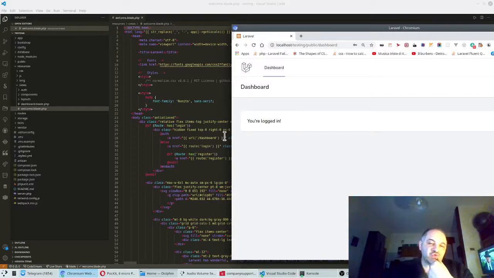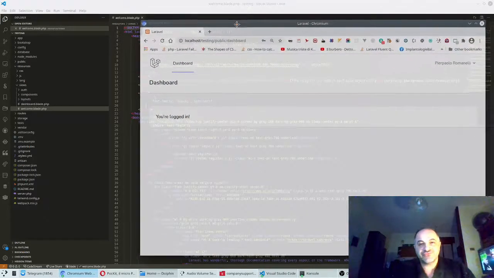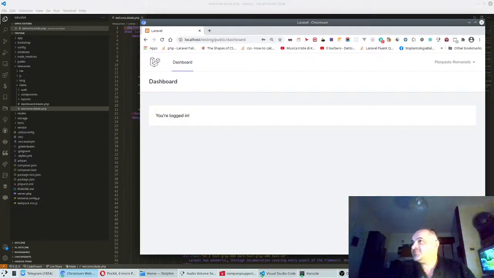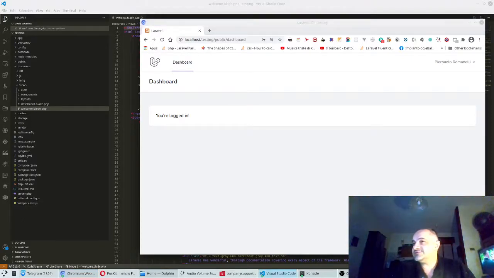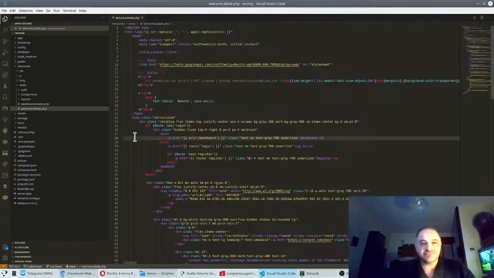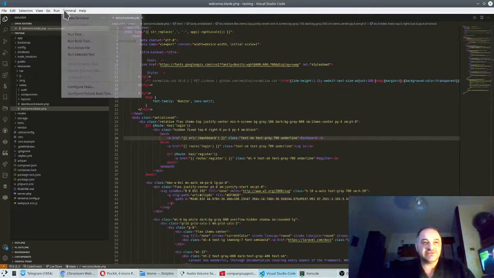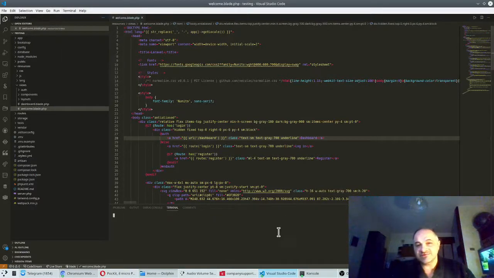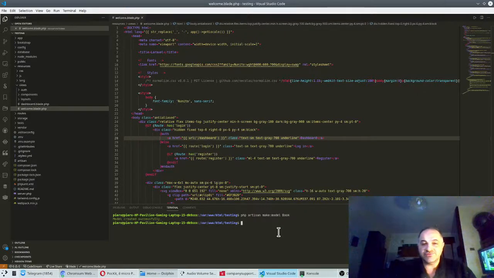What we do now is simply create a simple model. So we are going to create a new model, book. Let's open the terminal, and there we go. PHP artisan make model, and we are going to call it Book. So we created a book